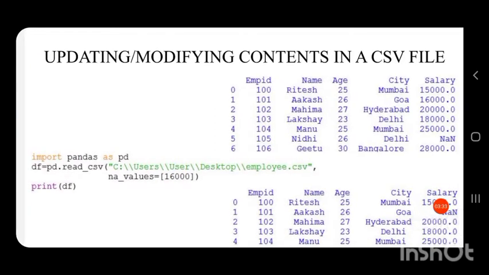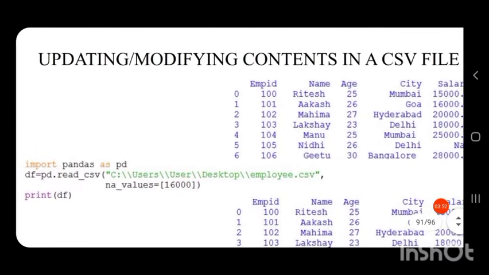Here we are updating the cell whose value is 16,000 by a nan value, not a number value. So we are giving another attribute, na_values equal to, in square brackets, 16,000.